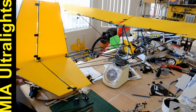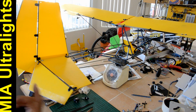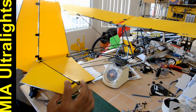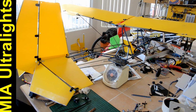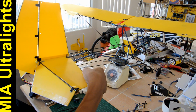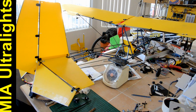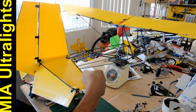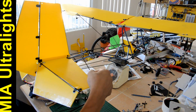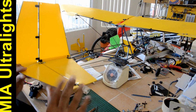Right now I'm working on the tail section here. I've reinforced all these parts with carbon rods, and that's one of the things that must be done when you use lightweight materials, such as the ones that I'm using here. This is all core fluid. It's one of the lightest and thinnest core fluid materials that I was able to get direct from the manufacturer. I've cut all these parts, but without these carbon rods, the material tends to be a little flimsy. And so to reinforce that and to give it more rigidity, this remains pretty straight,